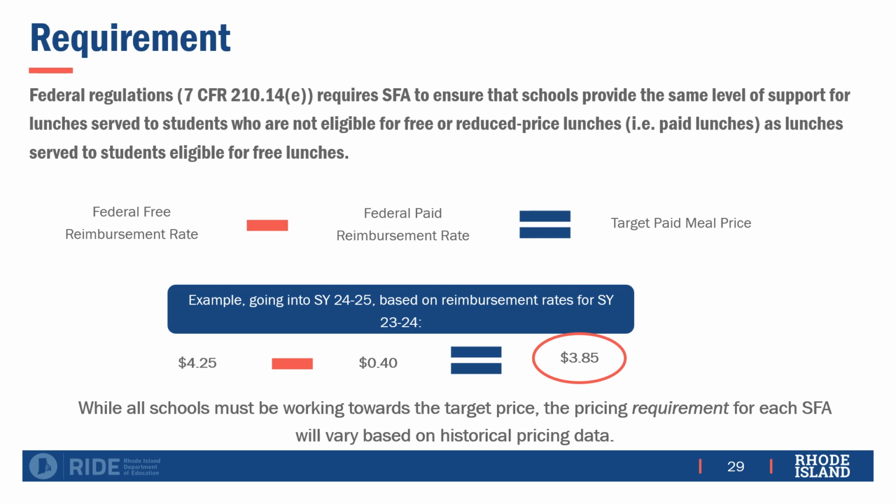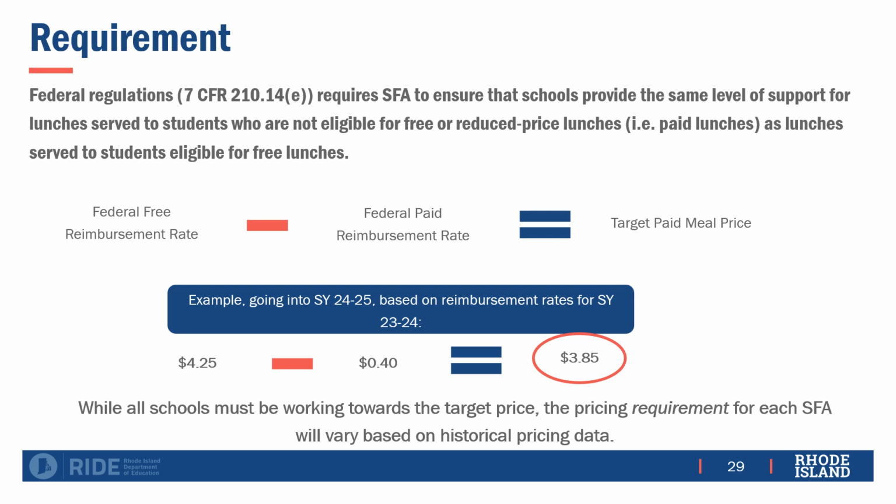For this reason, regulations were established that require SFAs to ensure that schools are charging an equitable price for meals to non-qualifying students, which ensures that reimbursements received for free or reduced meals are not subsidizing meals served to non-qualifying